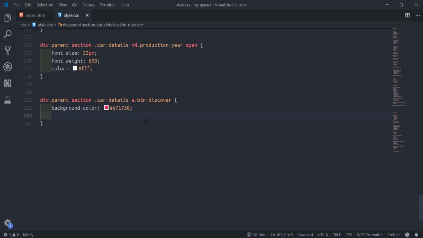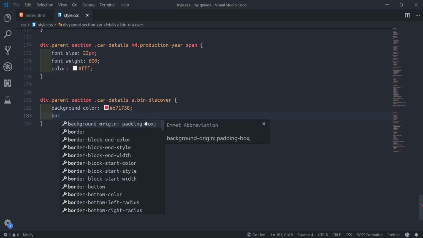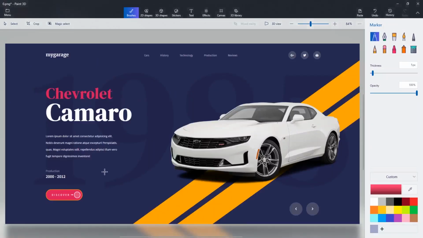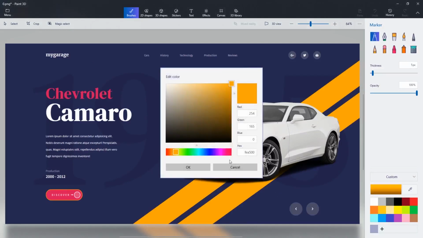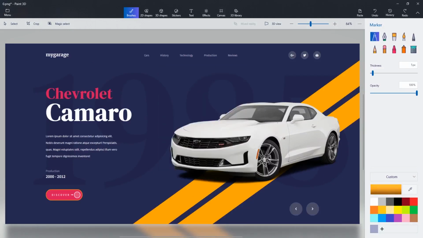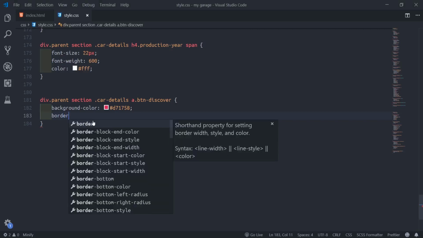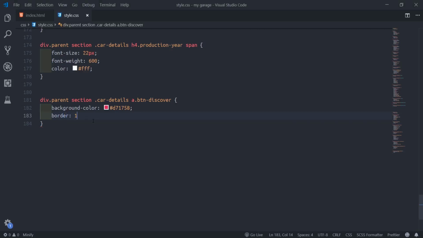Then the border. What's the border color? The border color is the same color now. So we'll pick this one, copy this. So border will be 2 pixel solid, ash this.